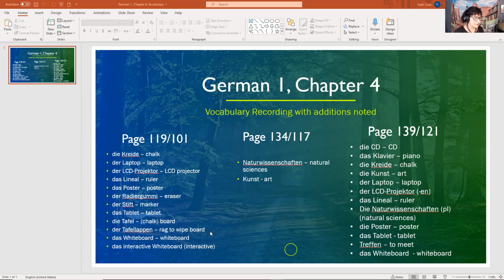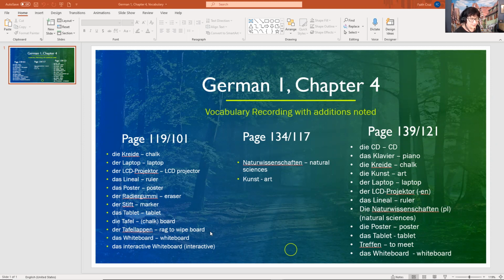So I'm going to start with der Lehrer, that is a male teacher, or die Lehrerin. Now, the plural of the male teacher, you see that little dash next to it? That means it's one Lehrer or two Lehrer. It doesn't change. But the female teacher is, one is Lehrerin, more than one is Lehrerinnen. You add the N-E-N to it. All right, then Bleistift,